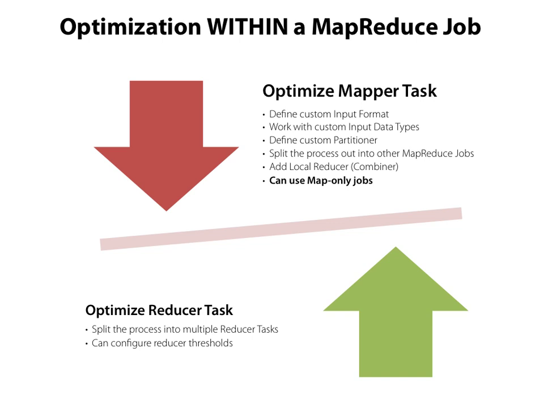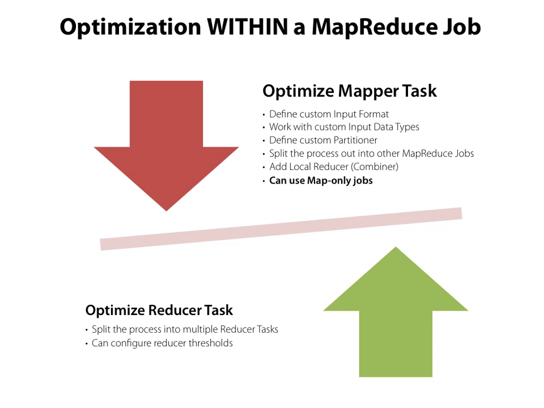It's called spillage. Also, you can use map-only jobs. This is a very common implementation in chained MapReduce jobs or for particular types of business situations, for example, image processing, where you only need a certain type of transform to be applied to every piece of input. Now, optimizations around the reducer tasks, some of the more common ones are to split the process into multiple reducer tasks. And of course, you can configure reducer thresholds, so the number of reducers based on the performance of the